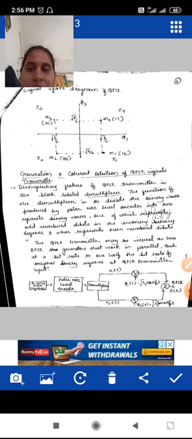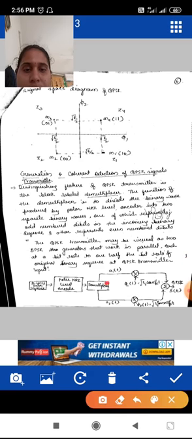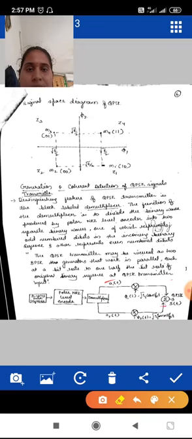The odd numbered sequence is multiplied with phi 1 of t, and the even numbered sequence is multiplied with phi 2 of t. Whatever this upper part is, we can say it is one BPSK, and this other part is one more BPSK. So this is how we can assume that QPSK can be obtained with two BPSK signals.